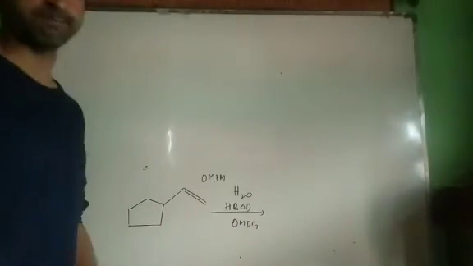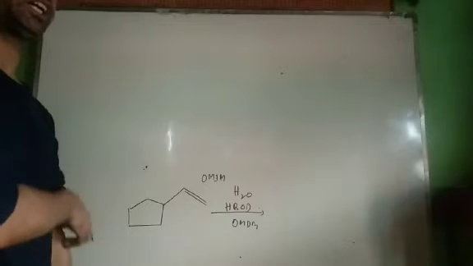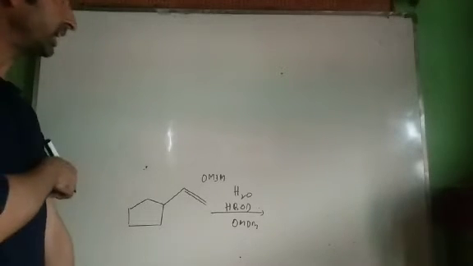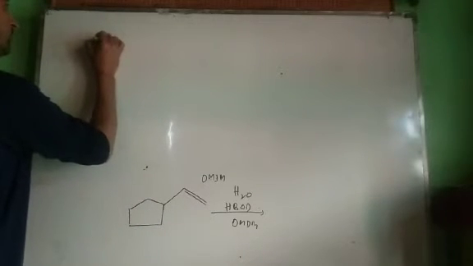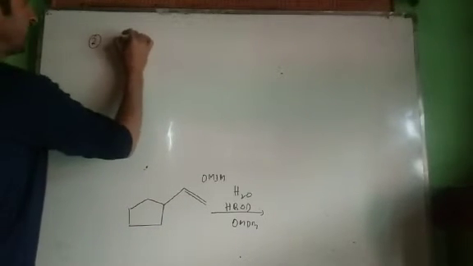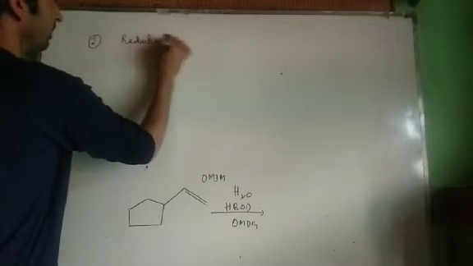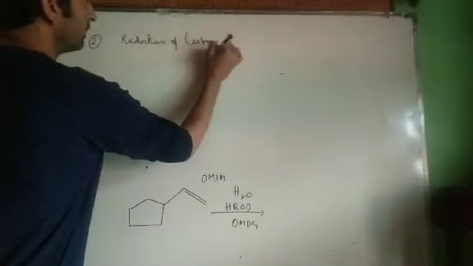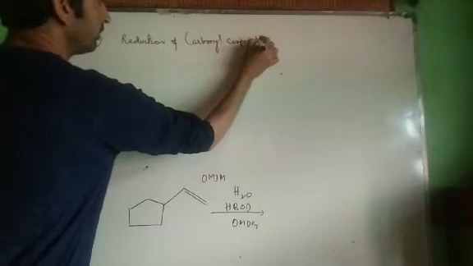There are other methods by which alcohols are prepared from alkenes. One is called ozonolysis of alkenes. From ozonolysis we get aldehydes as well as alcohols. We will see that part in the case of aldehydes and ketones. Now the second method is the reduction method, or reduction of carbonyl compounds. Now what are carbonyl compounds?